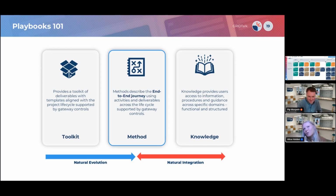And then we have 3 different categories of playbooks that we draw upon. The first one is a toolkit. So the toolkit is a set of deliverables that are aligned to a particular project lifecycle and have gates at each of those individual stages. But then if we move on to the method, it is a build on that toolkit. So a method is the end-to-end journey for a user. So it includes the deliverables against that lifecycle, but it also includes the activities. So the activities is actually how do you go about delivering that particular